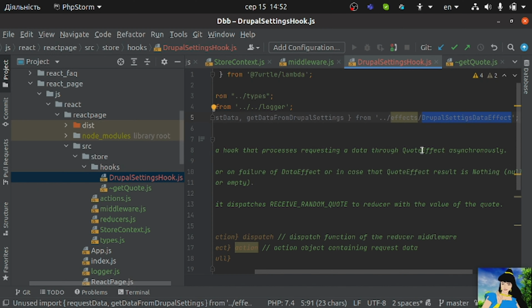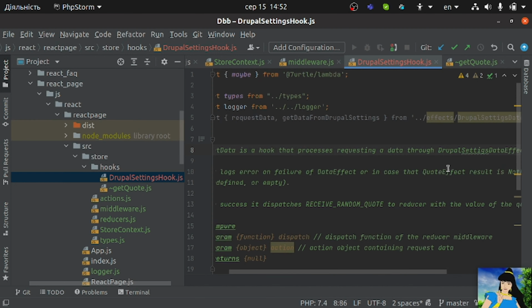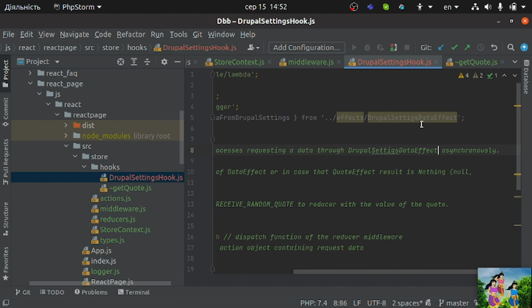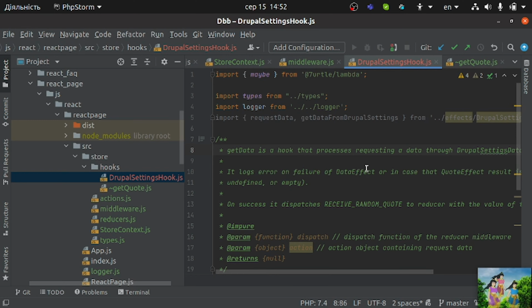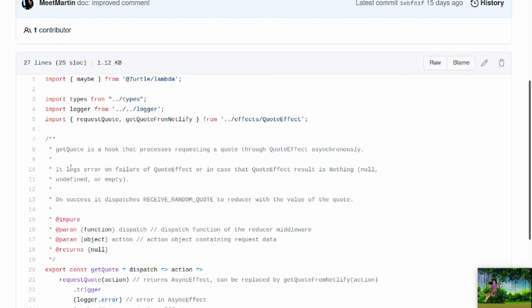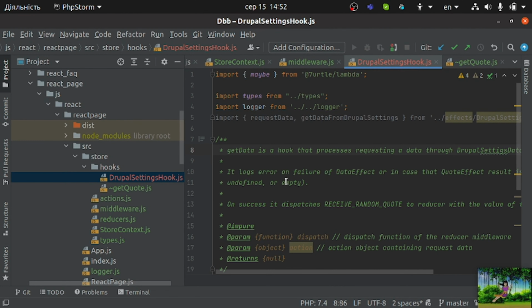Through the quote effect asynchronously, through Drupal settings data effect asynchronously, it logs on failure of the data effect. What was the data effect? One moment. It logs an error on the quote effect, it logs on Drupal settings,